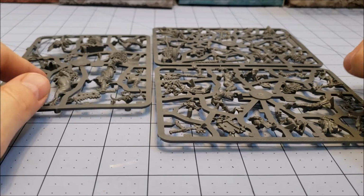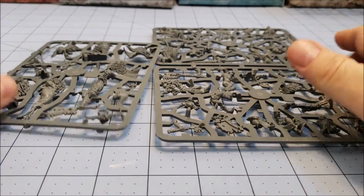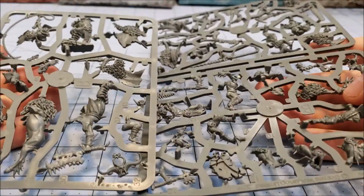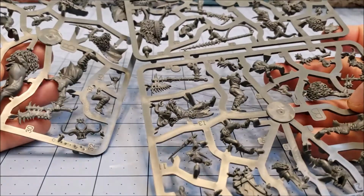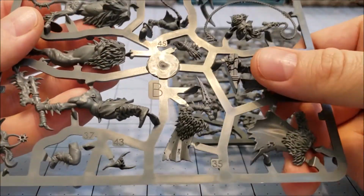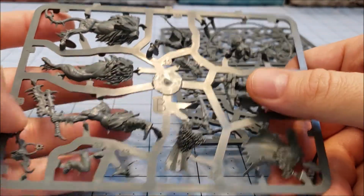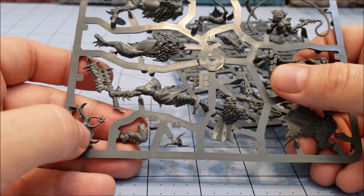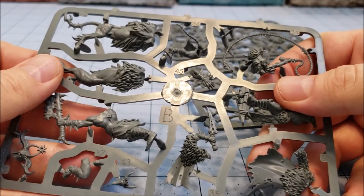Hello everybody and welcome to Obscurities and Miniatures. Today we have been digging through our WarCry box and we are going to go ahead and build the Untamed Beasts. Group B, in case you're not sure. So the Untamed Beasts are in fact one of the starter warbands included with WarCry,